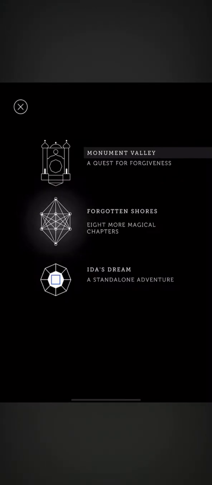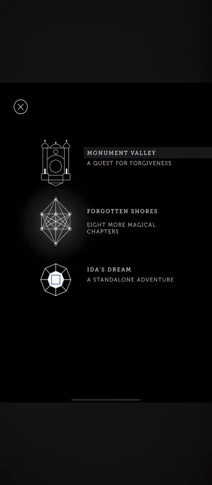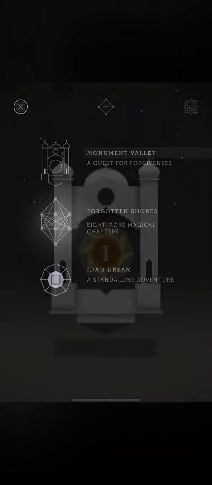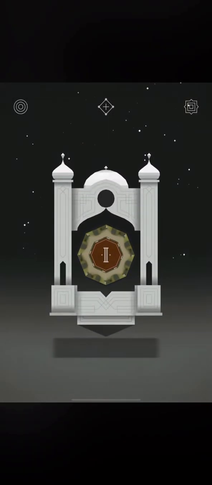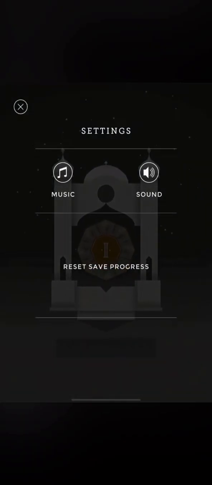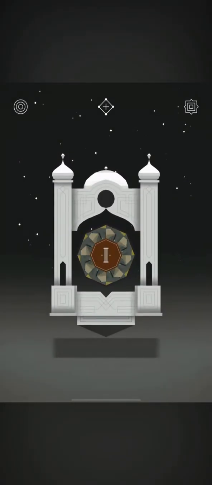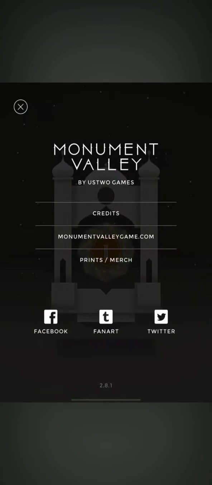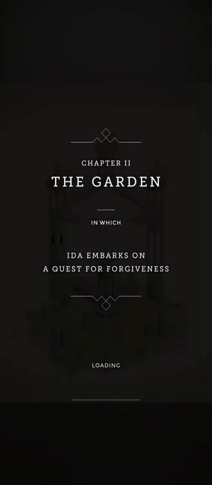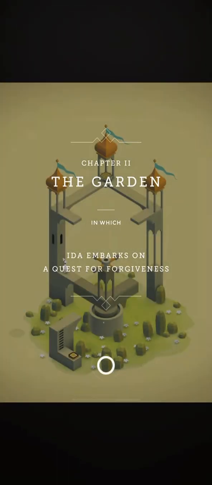Okay, so I just tapped into more of the options here. Settings. Alright, and the credits here. I think it's Us2 Games is the developer for this. Chapter 2 of the Garden, in which Ida embarks on a quest for forgiveness.